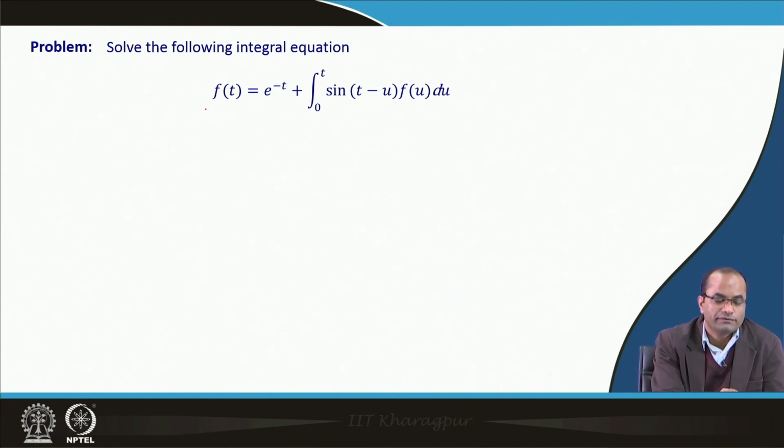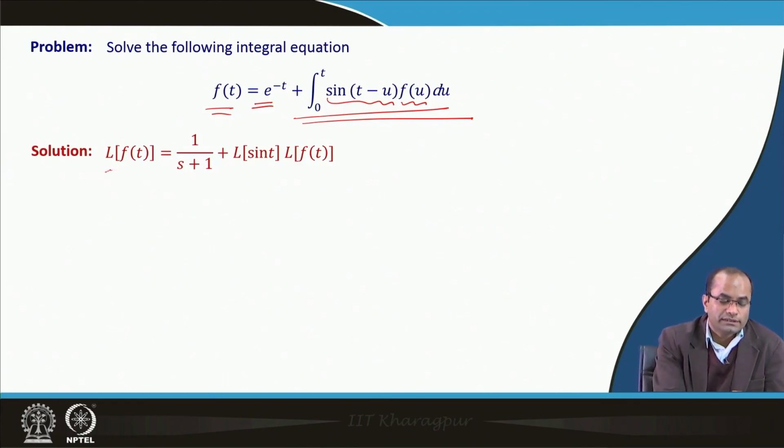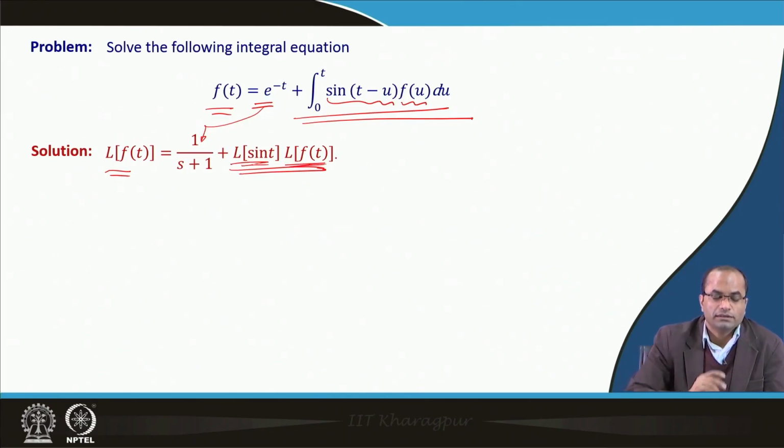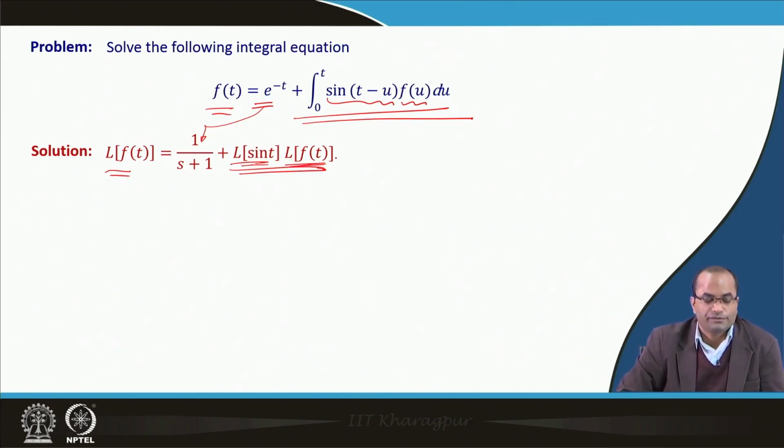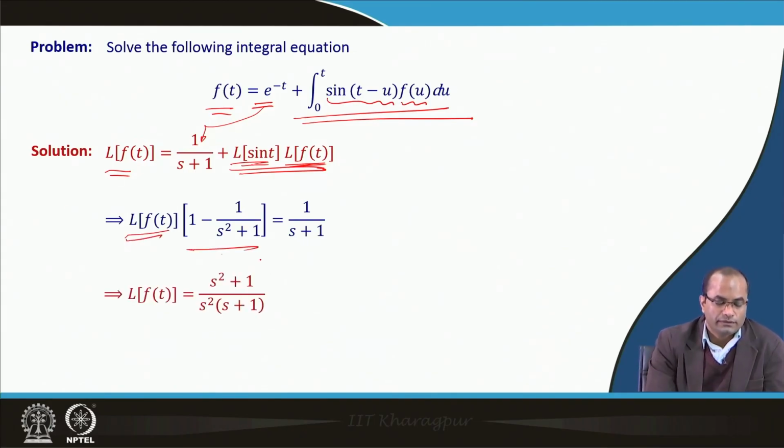So, for instance, we have f(t) is equal to e^(-t) plus this integral, which is the convolution integral. There is a function f and there is a function sine. After taking the Laplace transform, we have here the Laplace transform of e^(-t), and then the convolution theorem. This will be the product of the Laplace of sin t and the Laplace of f(t). So, taking now common Laplace of f(t), we get Laplace f(t) is equal to this,